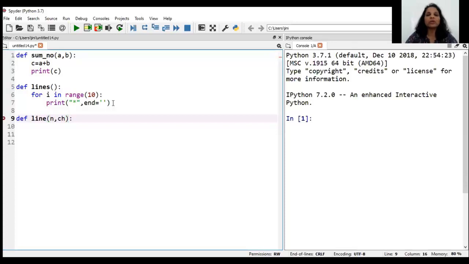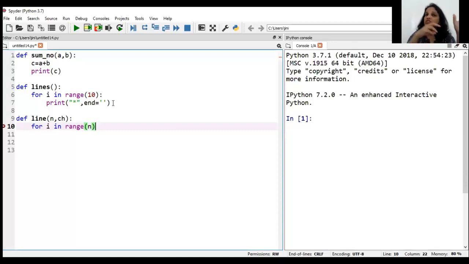Now in my program, what does n stand for? How many of these characters do you want to display? So I have for i in range and I write n. In the previous example, I wrote 10 because I wanted 10 stars. In this example, my function could be drawing 5 stars, or 10 hashes.